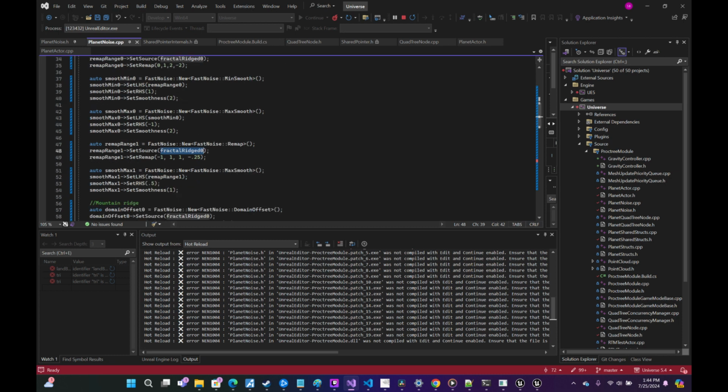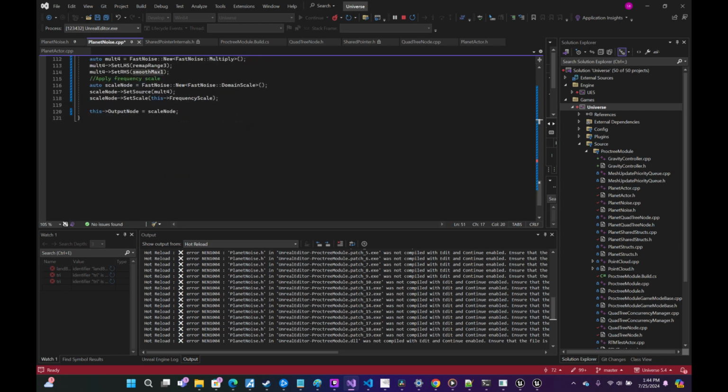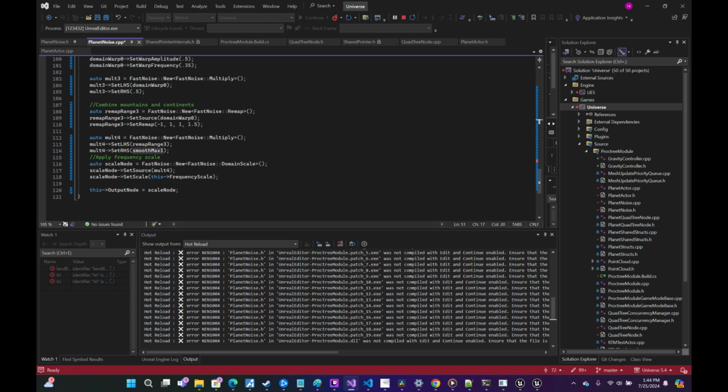We want to be taking the smooth max here. So let's take this smooth max, put it here, and let's take this smooth max and put it